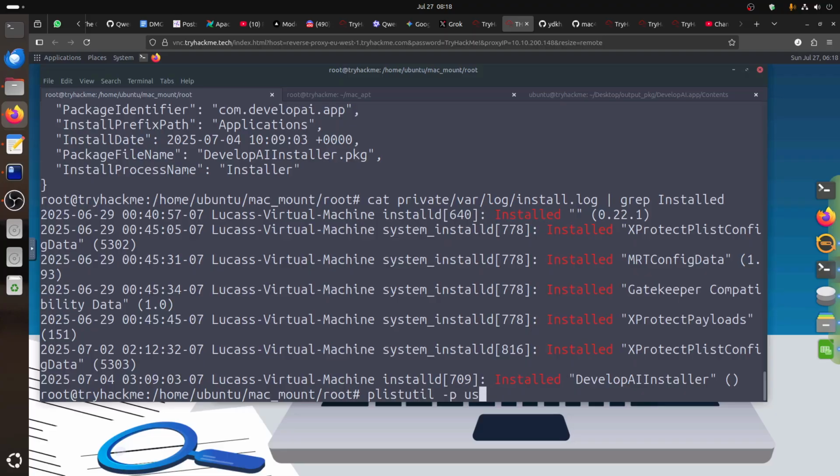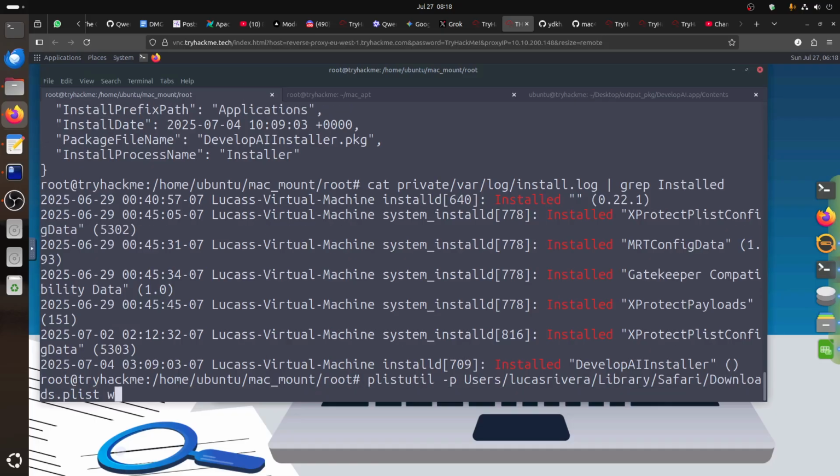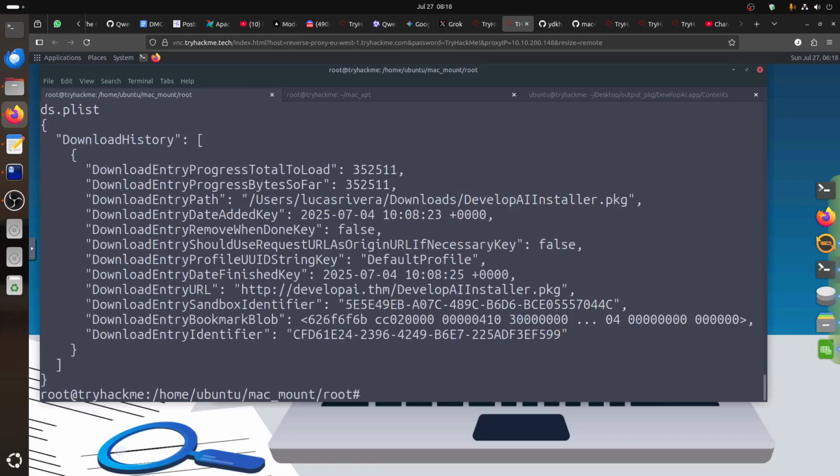We're going to be, no, who are you? A user, Lucas, library, Safari. We can go to download the plist. Now where this developer install AI, you can see he downloaded from this. So we know the URL. So developer